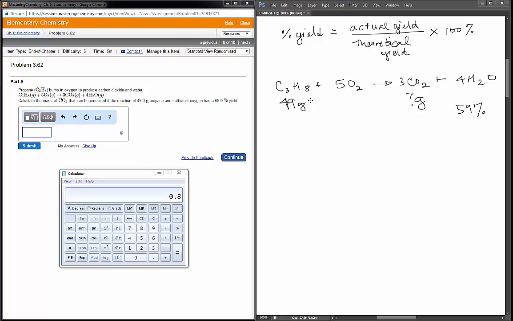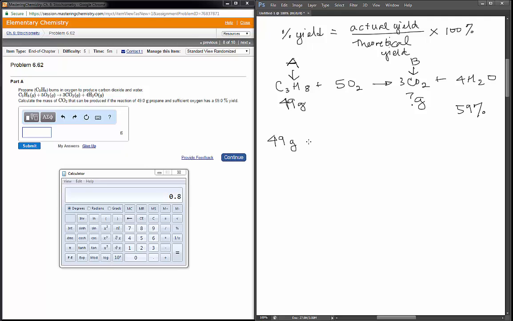So if we look at our roadmap, just like we've been doing, we see that we're going from grams of A. We're going to say that C3H8 is A. And we want grams of something different, so we're going to call that B. So we're going grams of A to grams of B. And if you look at your roadmap, it tells you what to do. You know how to do all these conversions, but it's helpful for it to tell you which one to use first. So the first one they say is use the molar mass of A to calculate the number of moles